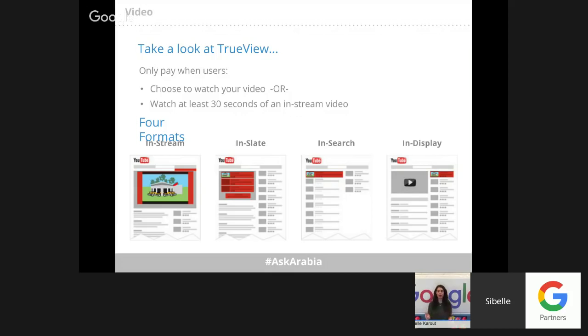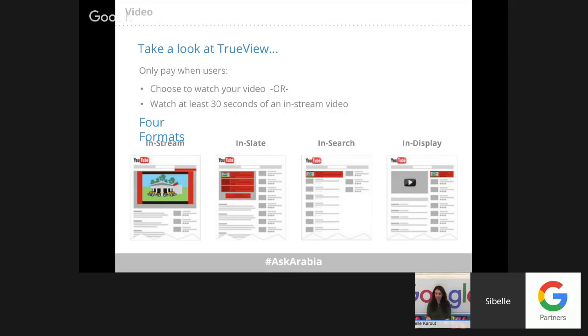So for example, if I go in and search for the word shoes, just to check out a video about shoes, and you know that people do that and you're interested in targeting those keywords, your video will appear as a search result in the YouTube search result page. And if I click, you pay. It's exactly like the search engine results on google.com, but now it's for videos and it's on youtube.com.